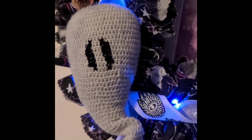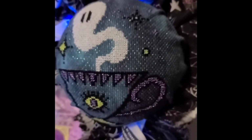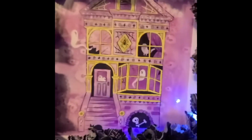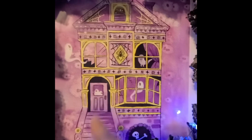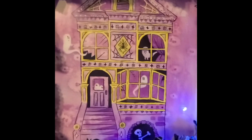I believe you can buy the digital patterns, but don't quote me on that. I can't imagine that they're not selling these anymore, because they're absolutely wonderful. There is also a Hex Hotel pattern designed by Dee as well, but that obviously is a much larger project, so I opted for the 3 smaller Hexes. So I just wanted to show you guys, but I wanted to insert this because this was going